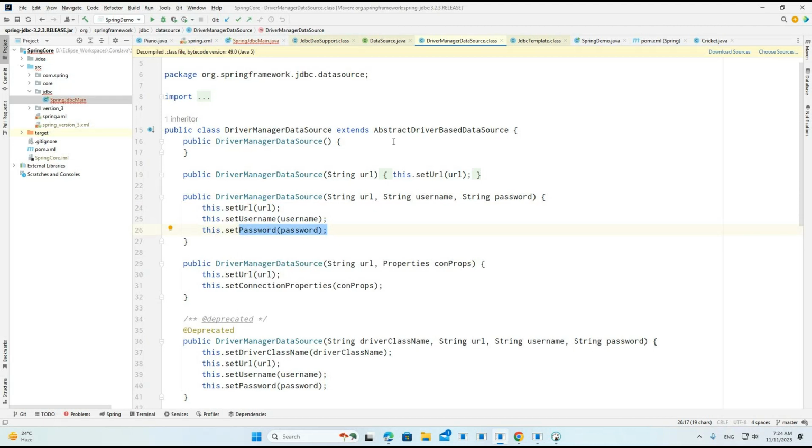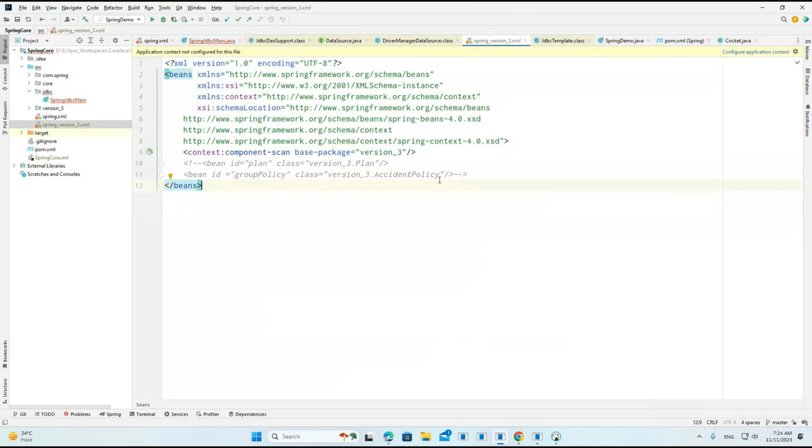Now currently, we are going to work with XML configuration. Whenever we are trying to work with XML configuration, what can we do? Same as before, here we need to create the Spring XML configuration file, version 3 XML, we got it. So here we can use this particular